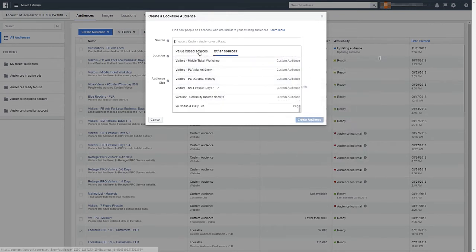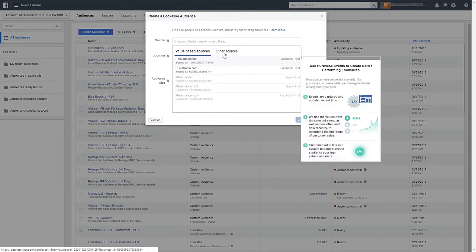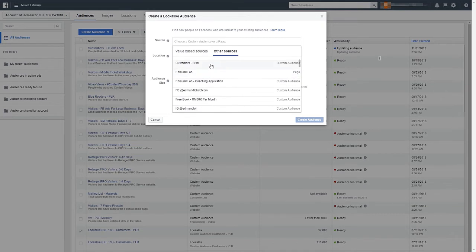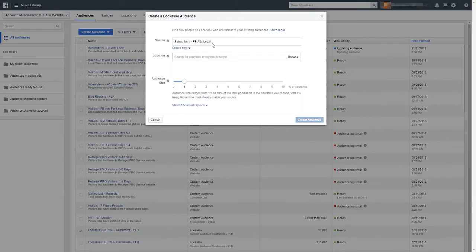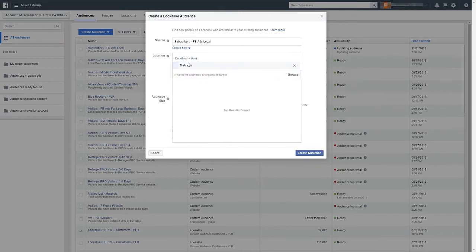So what we do here is that there are many types of sources that we can go around here. We can go to other sources, and I'm going to type in the word subscribers FB Ads local. That was the one I had just created just now. Okay, so this will be the source. And location, now you can name any country that you want. So for example, mine, I'm going to have it here in Malaysia because this is a local mailing list and